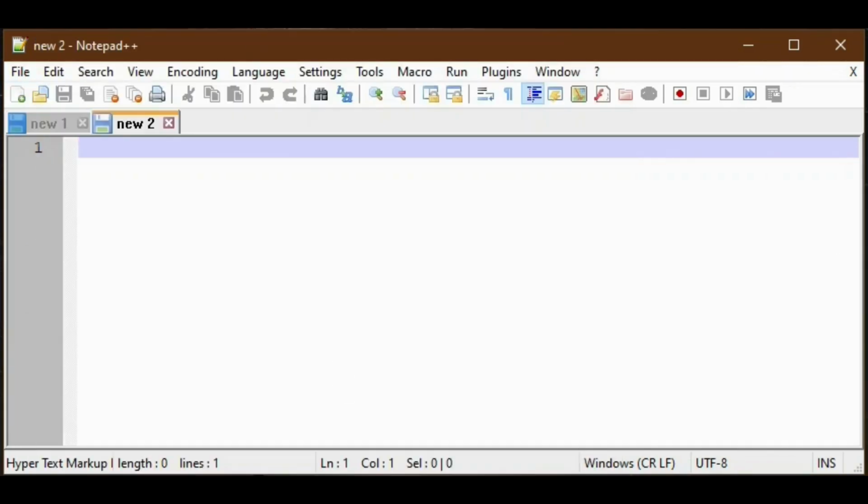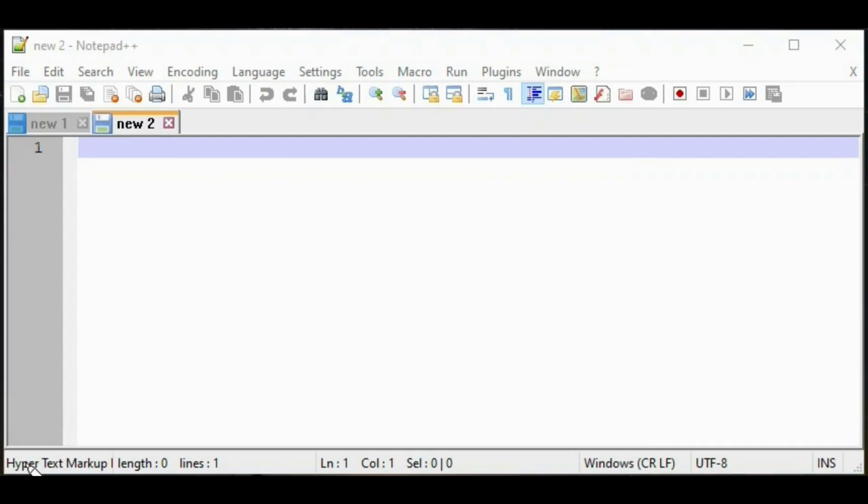You can see there is a change in the language, but Windows CRLF and UTF-8 we left as they are, so there is no change there. Suppose you change to Unix, then it will change to Unix, and if you change it to ANSI, then the character encoding will change to ANSI.